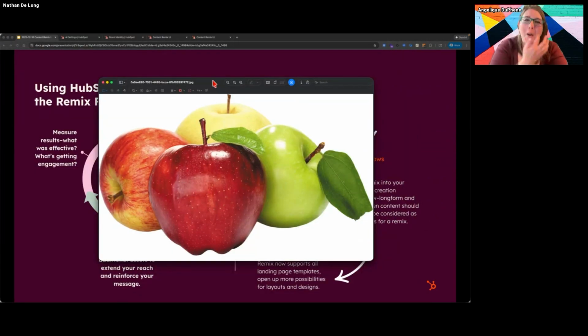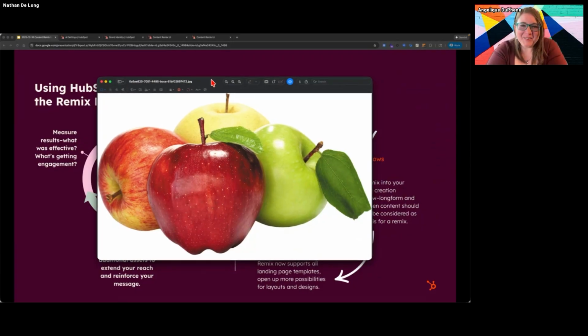And I said, okay, take this group of apples and make me a landing page, make me a blog post, make me an ad. Now, Content Remix is aware of settings that you have in your HubSpot portal. So it was actually able to generate things, but my landing page was full of images of apples. But then it's talking about my fake company in my HubSpot portal, which is called Biglytics, and I pretend that we're a data warehouse company, like a Snowflake or something like that.